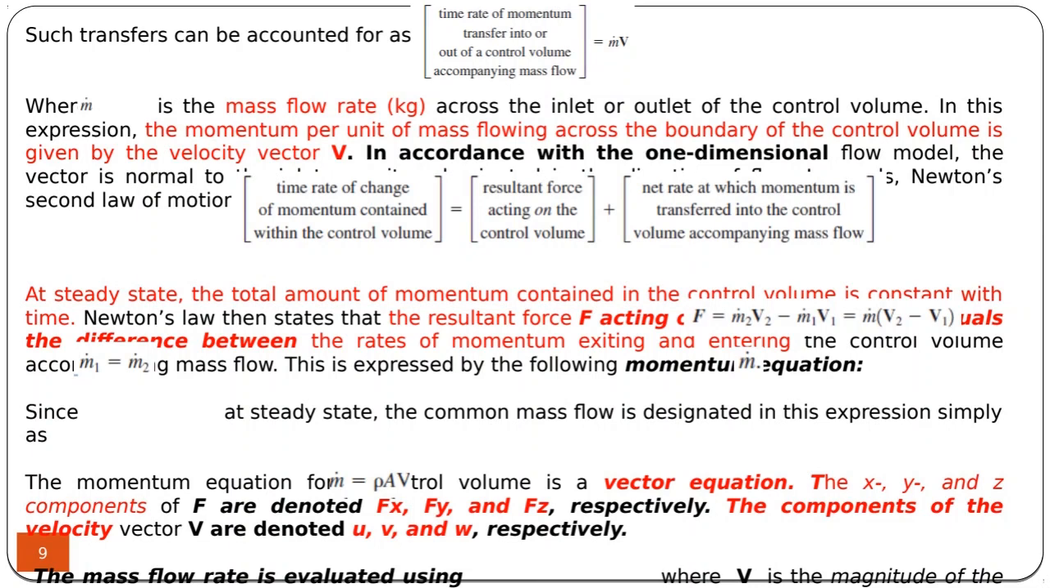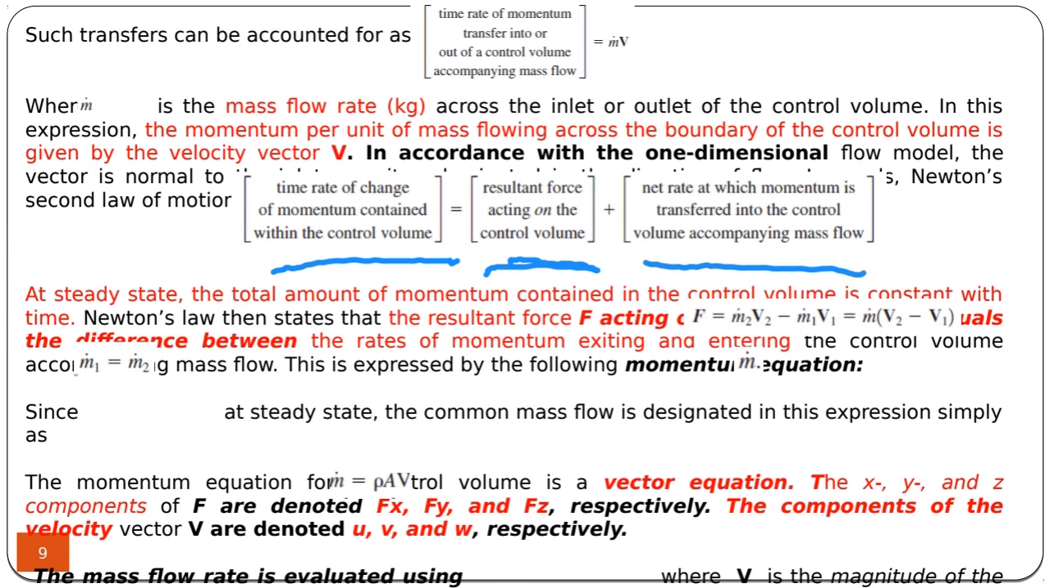So as a mathematical expression, we can write it: time rate of change of momentum inside the control volume, the resultant force on the control volume, and net change of the momentum flux in and out of the system. This is exactly the same as the Reynolds transport theorem written for the momentum equation. So we can write this: